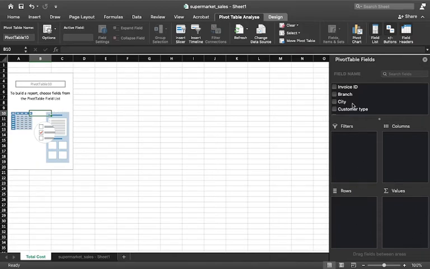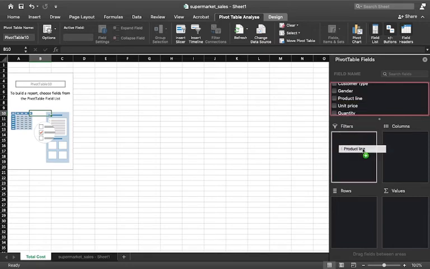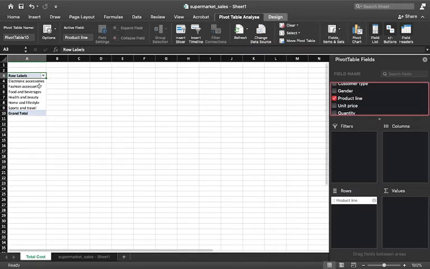In the previous video I told you how you can filter, how you can place your attributes in these 4 blocks. So our question is, which product was ordered? So first of all, we need this product line, and I'll place it in the rows block. So I have all my products now, which is electronic, fashion, food and beverages, etc. Then it has asked me that which product was ordered from which branch of a city. Alright, so I need to have the branch also and the city also.